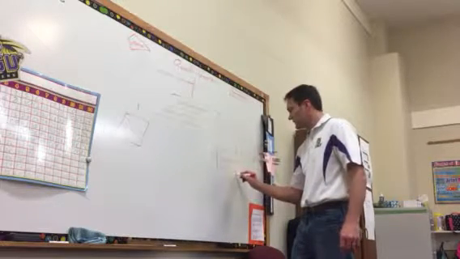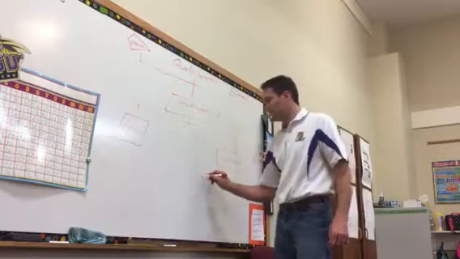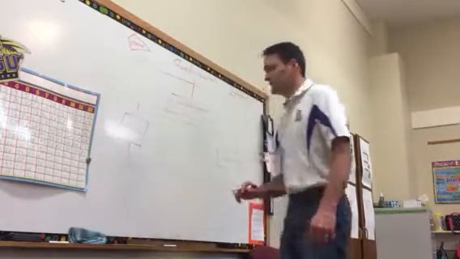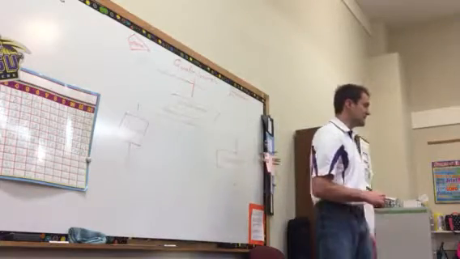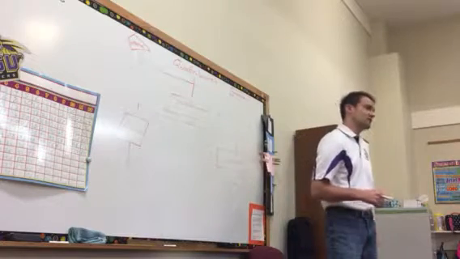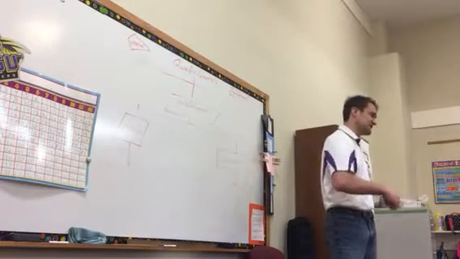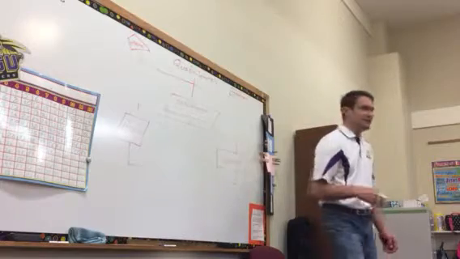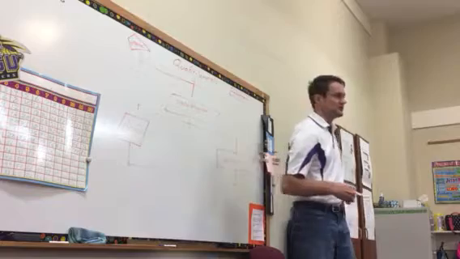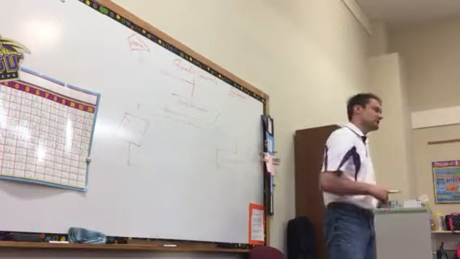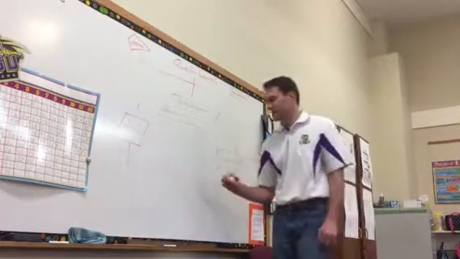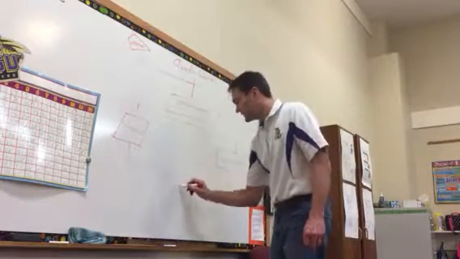If I have two pairs of parallel sides, I have a parallelogram. If I have two pairs of parallel sides and all my sides are the same length, I have a rhombus. If I have two pairs of parallel sides and I have all right angles, I have a rectangle. But what if I put all those things together? When I put all those things together,